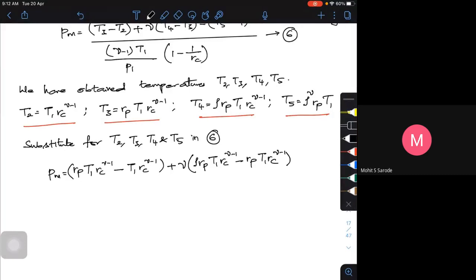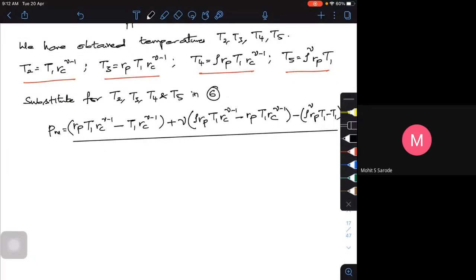Let me close the bracket, minus, for T5 it is rho to the power of gamma Rp into T1 minus T1. So whole thing divided by,